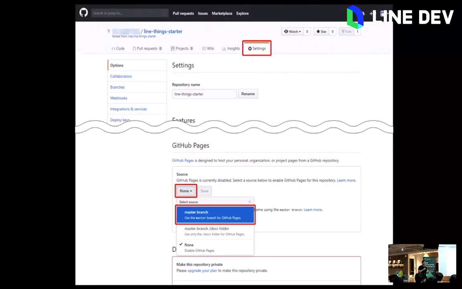Now, GitHub has a pretty cool feature called GitHub Pages. Has anyone used it before? Yeah, cool. So with GitHub Pages, you can actually host your LIFF application straight from GitHub. In this example, I'll be using the LINE Things starter application, in which you can actually go into our GitHub page and download the code as well. Once forked, you can head on over to Settings, scroll down, find GitHub Pages, and select the source as your master branch. From there, you can click Save, and you'll be provided with a URL. You'll need this for the next step.